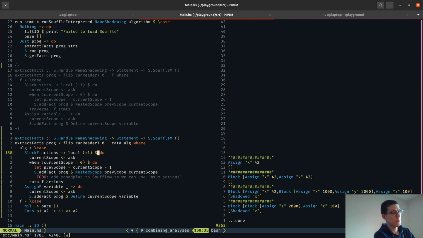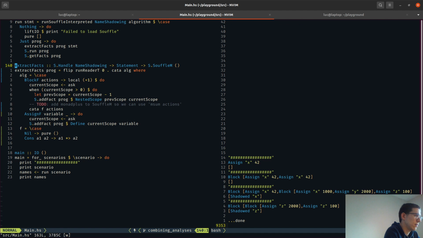Yeah, it works again. Nice. Well, the code is maybe a little bit more complicated now because of recursion schemes, but if you add